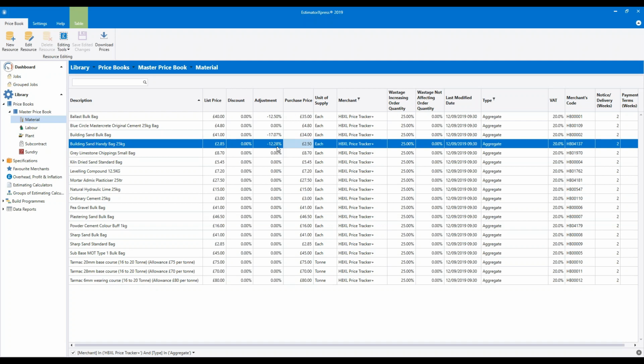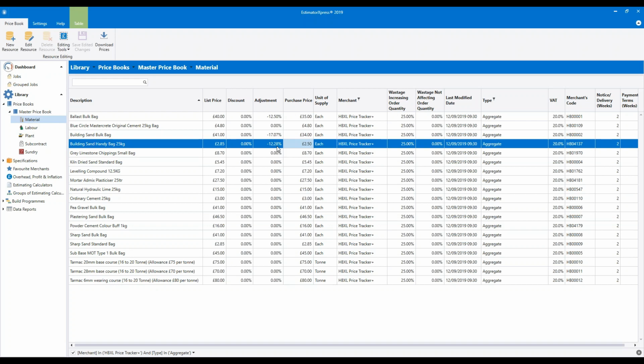So, another good question. How do the merchant prices update if you negotiate a price for a particular job? How long does it take to update in Estimator Express? That's a really good question, and I will ask the development team here what the lead time on that is. So really what we want to know is how often merchant terms are updated. I'll check that and get back to you on that.